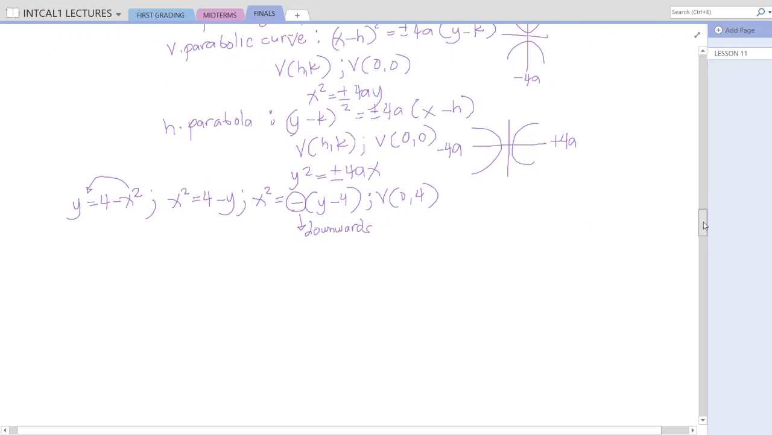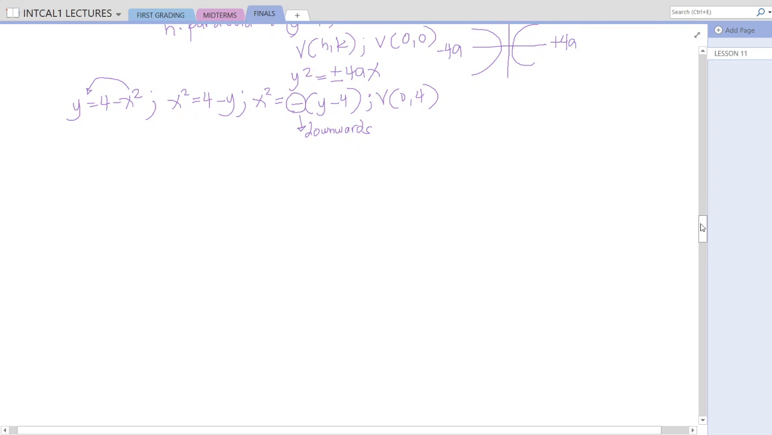Okay, so having that already, we have to graph. Graphing that one, since it is opening downwards, the vertex there is at (0, 4). So it opens downwards. Now we have to get the point of intersection for this one. Getting the point of intersection, the same with this one, that will be